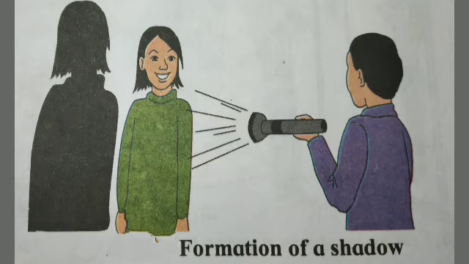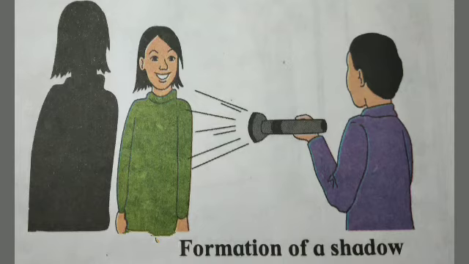Students, already in your previous class you have learned about what is a shadow, how is a shadow formed. But let's recall certain things. Like the shadow of an object is formed only when light does not pass through the object. The kind of shadow it forms depends upon the relative distances between the source of light, the object and the surface or the screen on which the shadow is formed. The shadow of an object formed due to sunlight is long in the mornings and evenings and short in the afternoon. We can easily note these changes if we observe the trees along the roadside.